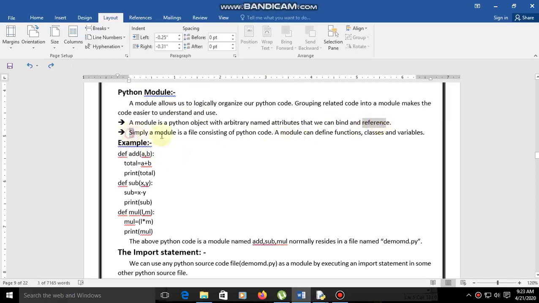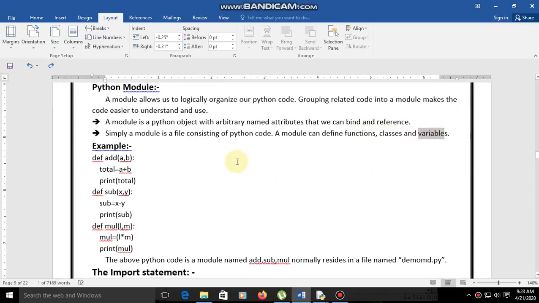Simply, a module is a file consisting of Python code. So already I told that, right? A module can define functions, classes, and also variables.